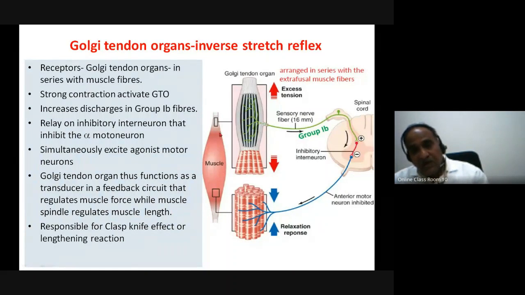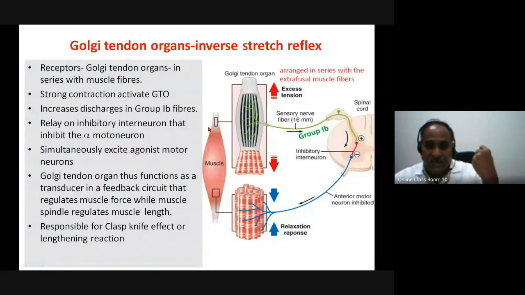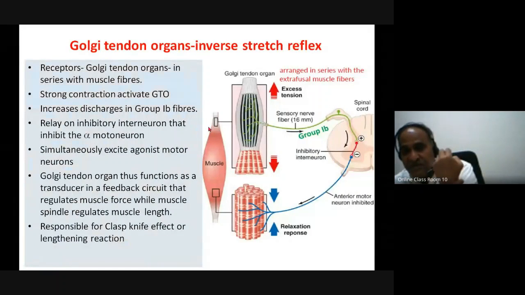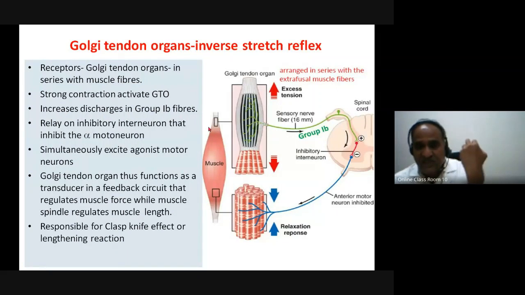So in upper motor neuron lesion, what happens? There is already a hypertonic muscle. If you try to force the muscle, or bend the muscle further, what happens? There will be a load or excessive stretch, and this excessive stretch activates the Golgi tendon organs, and these Golgi tendon organs activate inhibitory interneurons, and so that